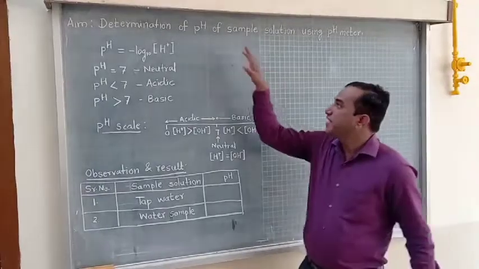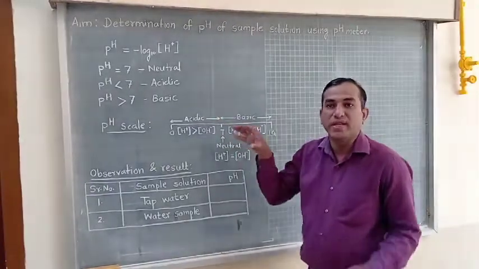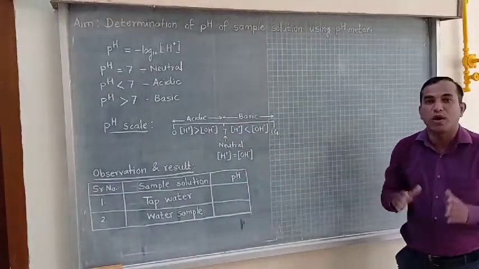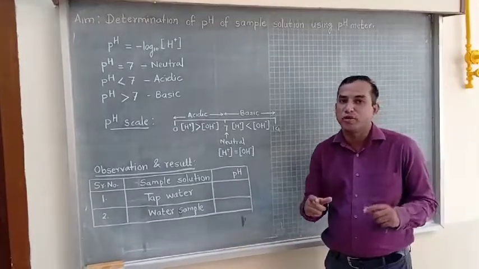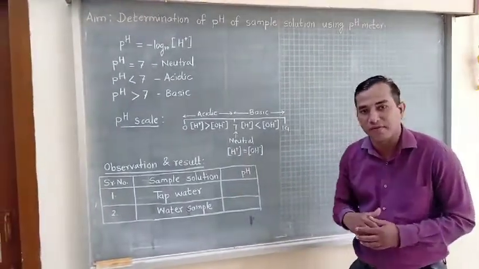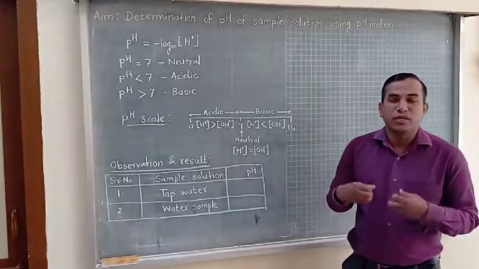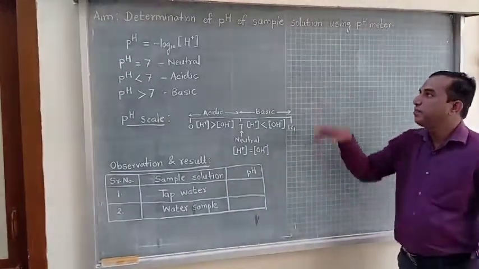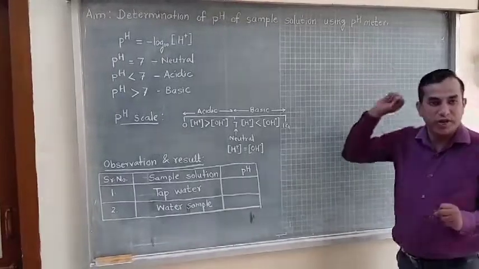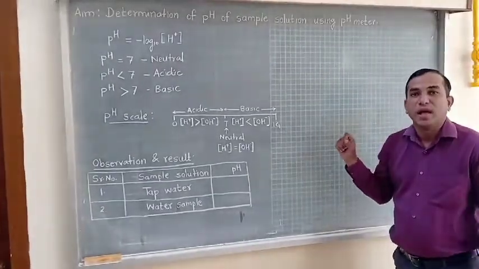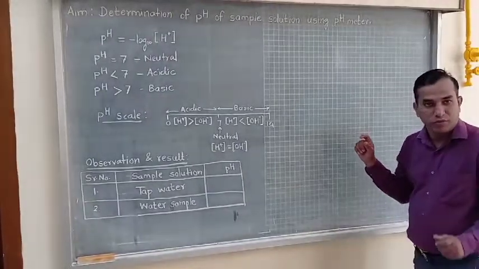Similarly, pH also plays an important role while selecting the water for industry, because water is one of the important components of domestic as well as industrial life. Water is used in industry, but while using the water in industry, determination of pH of that water sample is another important parameter to be determined.